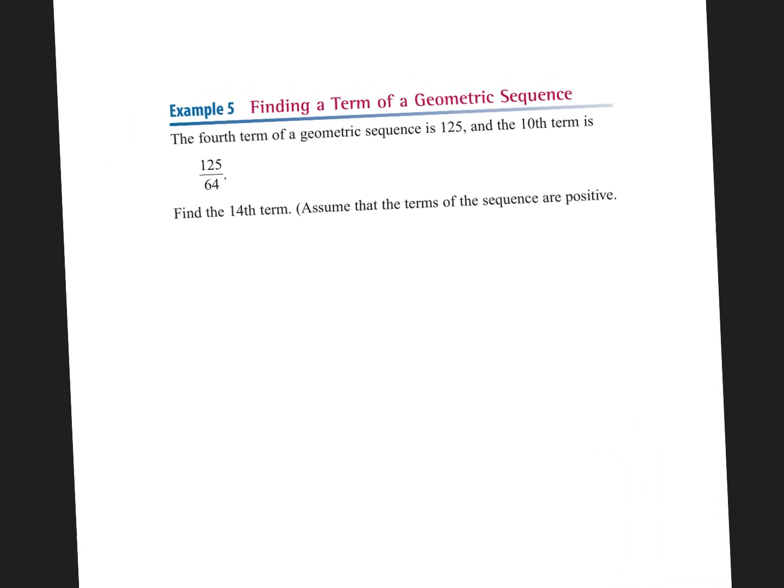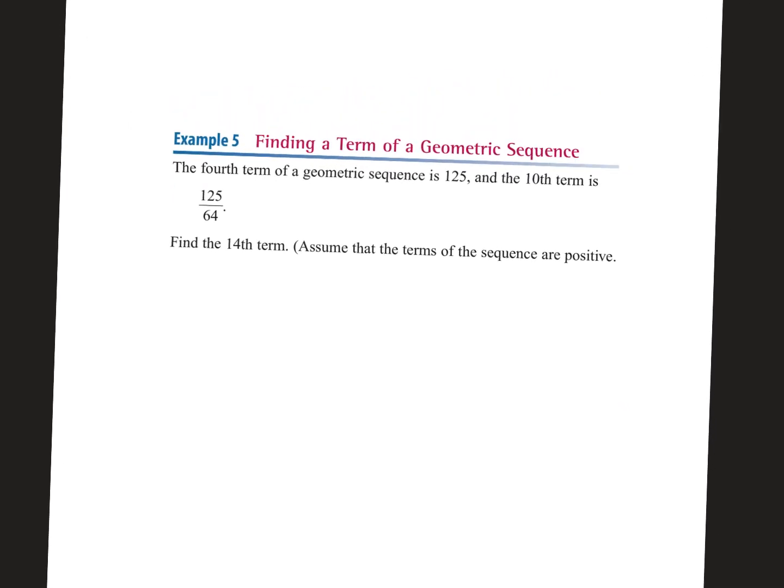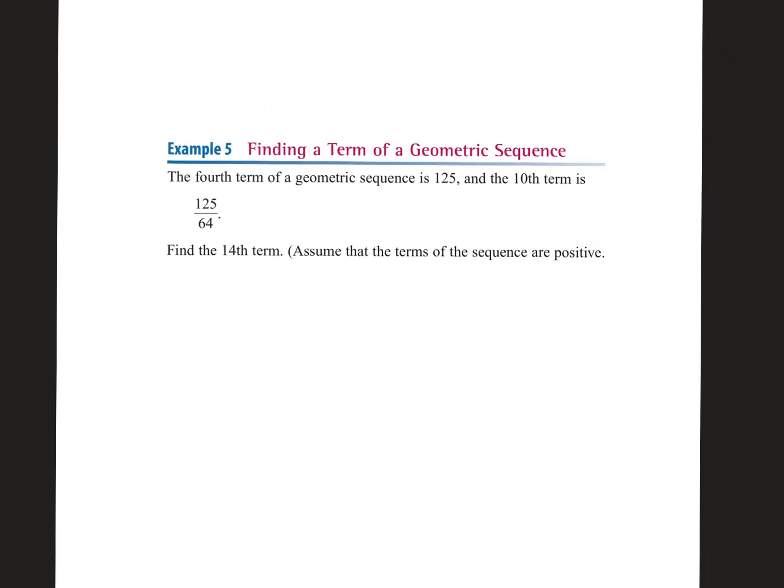But yesterday, this was the last thing that I did not do in the first section, and then we're going to do the finite and infinite sums here in a second. But this is the same type of question that you had with arithmetic, where they gave you two terms and you have to find a specific term, but it wasn't like the first one. So we were able to take the two terms that they gave us, write them as ordered pairs, and find the slope, because with an arithmetic function, your common difference is the same as your slope because it's a linear